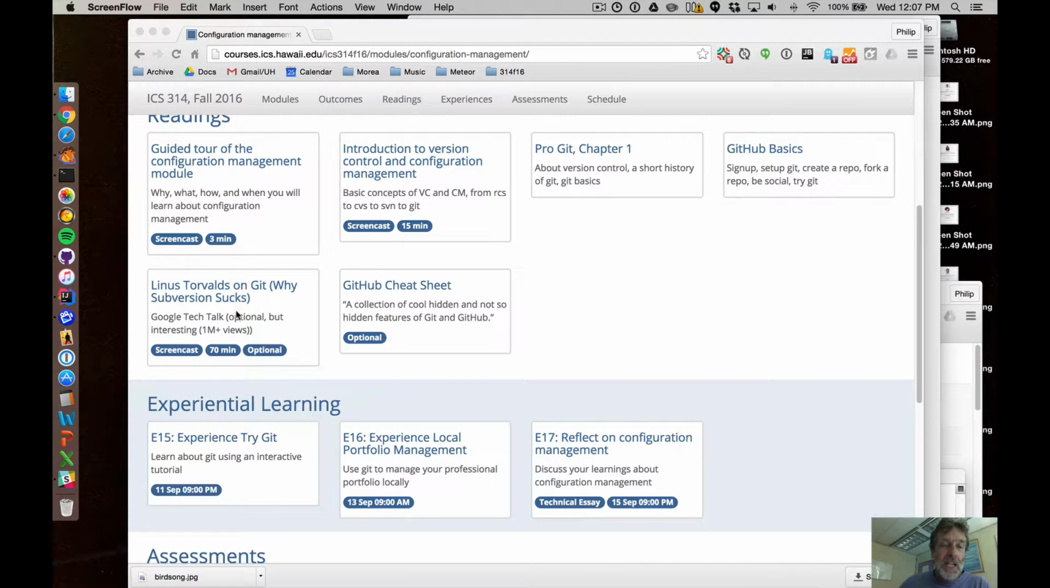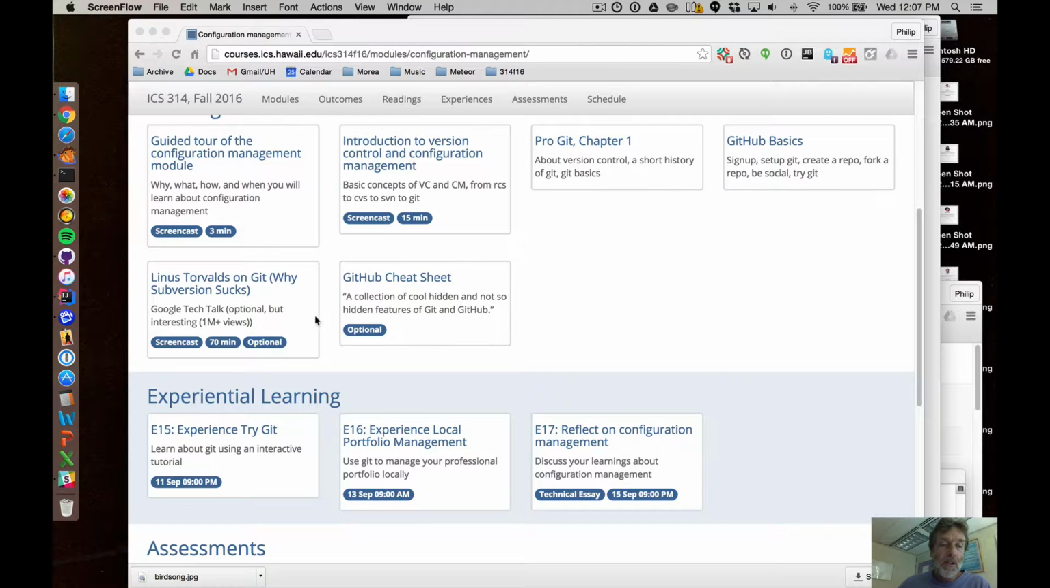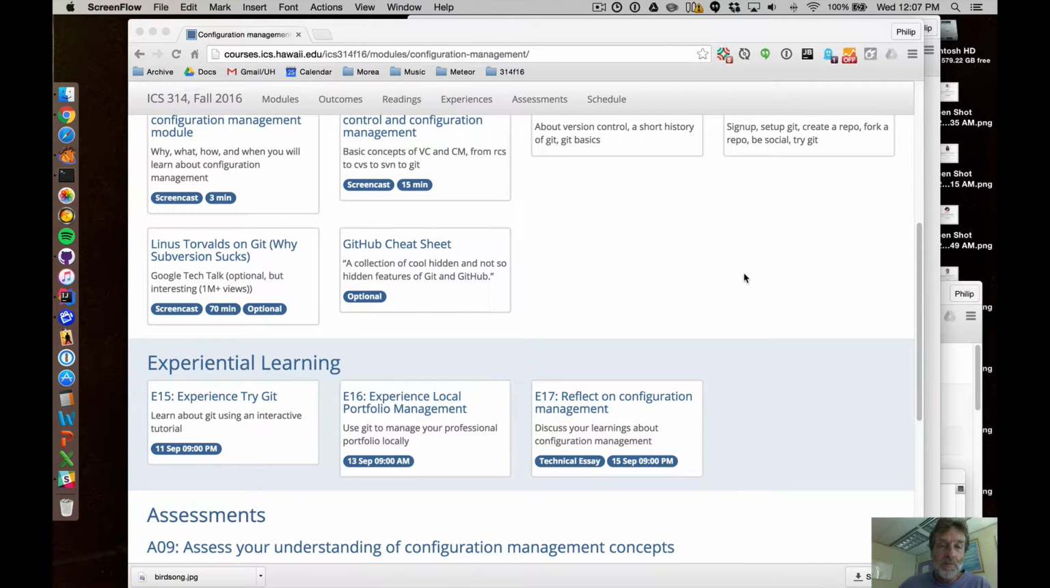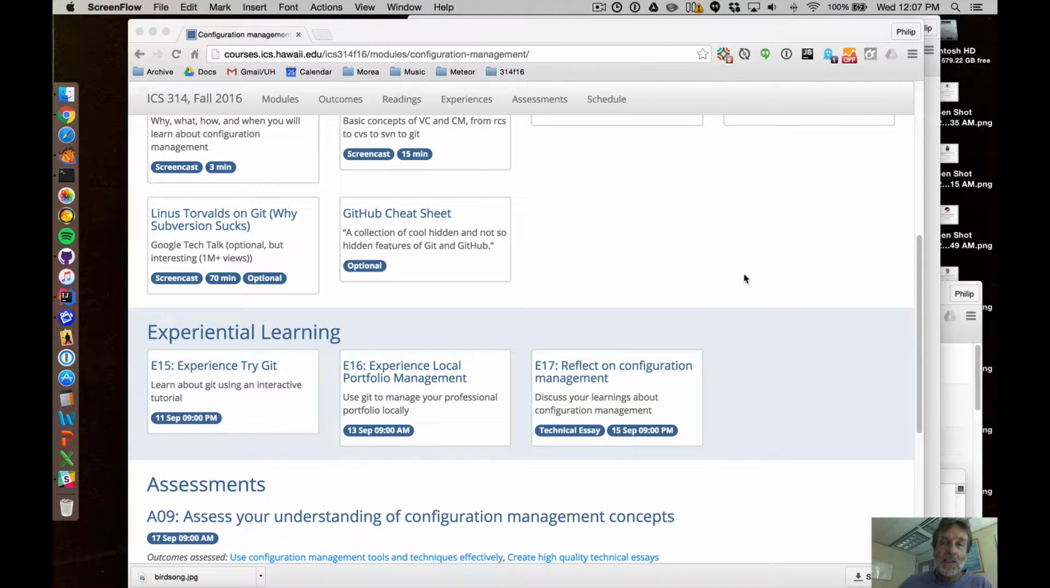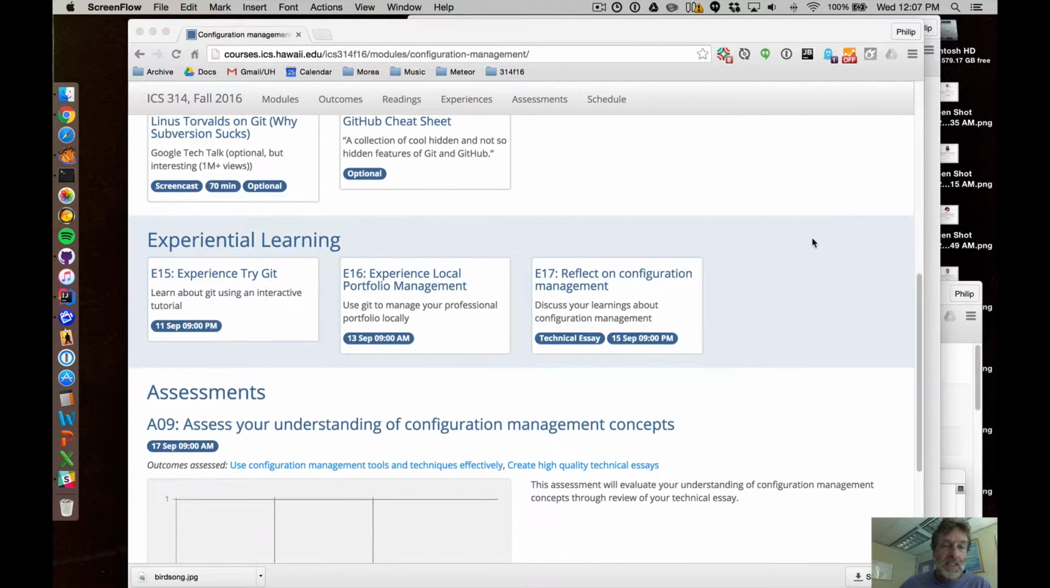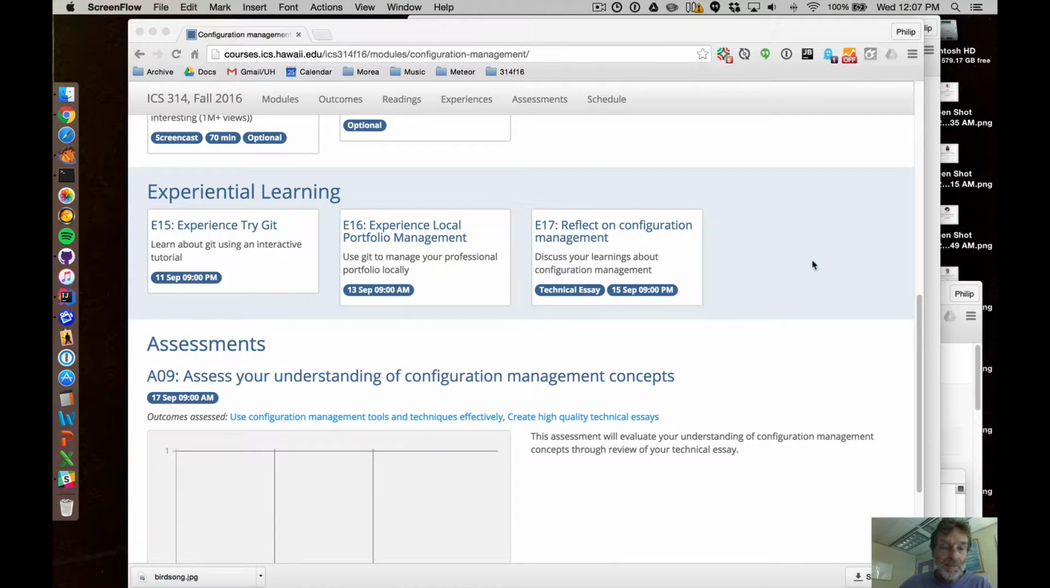There's a pretty entertaining talk by Linus Torvalds about why he implemented Git. It has over 1 million views and is worth watching. But that material is not going to be part of the WOD or anything. So if you have an interest in listening to one of the leading figures in this area, that's a good thing to do. Then there'll be an interactive tutorial using Try Git,